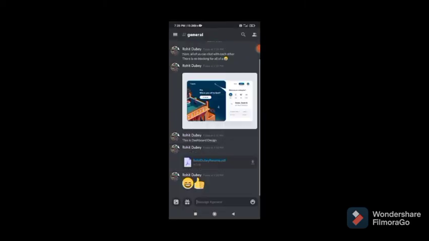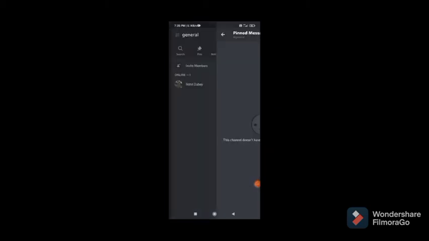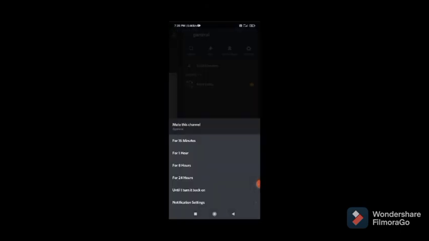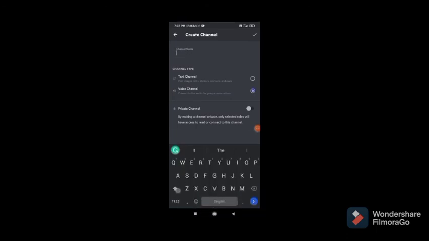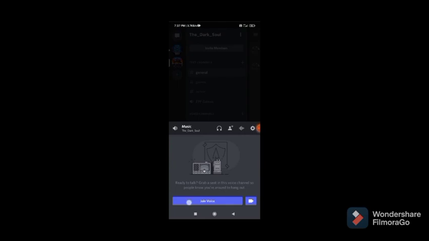You are also able to send emojis in this server. On the right side some features are there, you can see them. Once again I tried to make a voice channel. Here it is, and you can connect with your voice call.